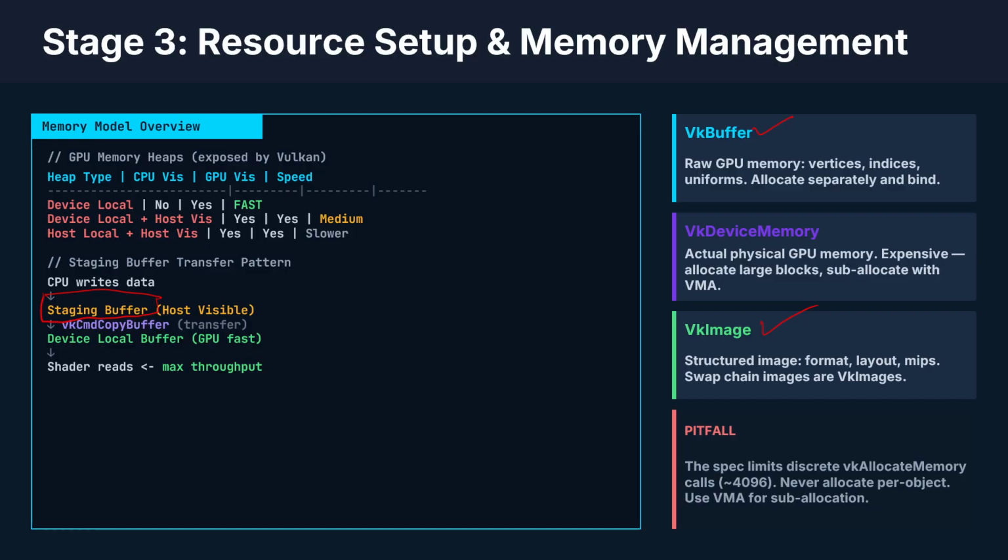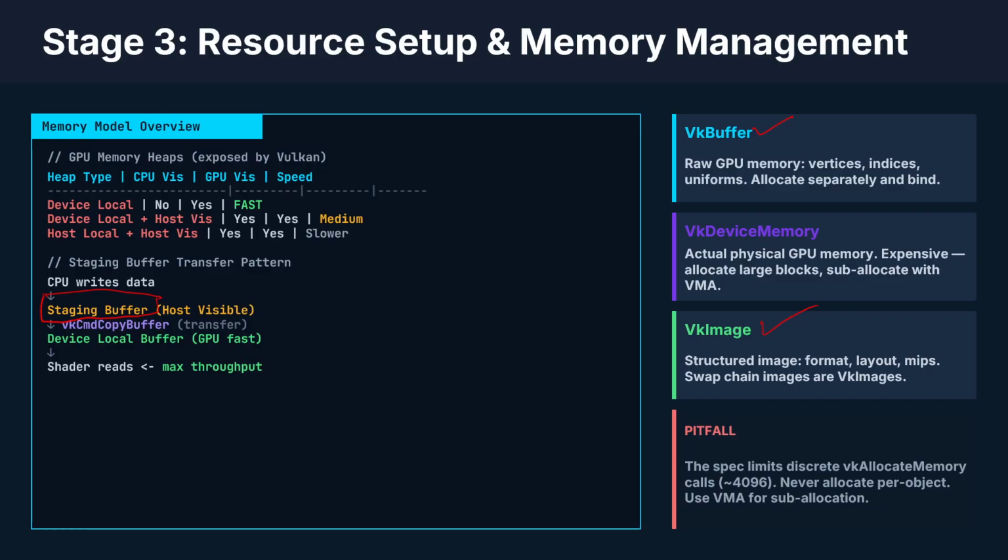VK buffer is just raw memory. Think of it like a container that comprises your vertices, or your indexes, or maybe your uniform data, like we did in SSBO. It's a large, raw memory where you just put your data into it,